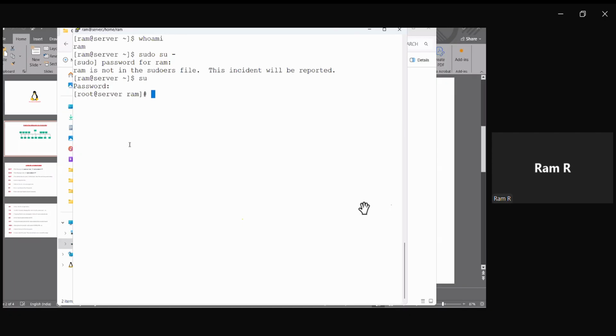So overall, in the Linux environment, how many login prompts are there? Two login prompts are there. What are the two login prompts? One is the dollar. Dollar is for the normal user prompt. And the second one is hash. Hash is the superuser prompt. Superuser means admin user prompt. So when your prompt is dollar, you are the normal user. When the prompt is hash, you are the